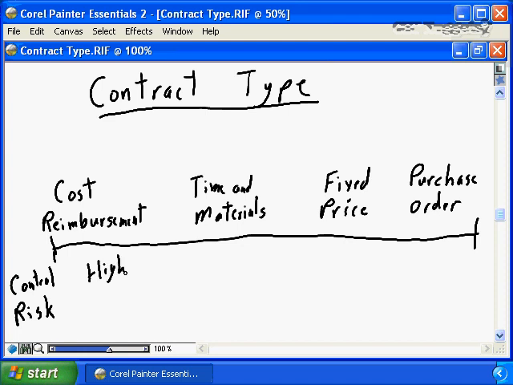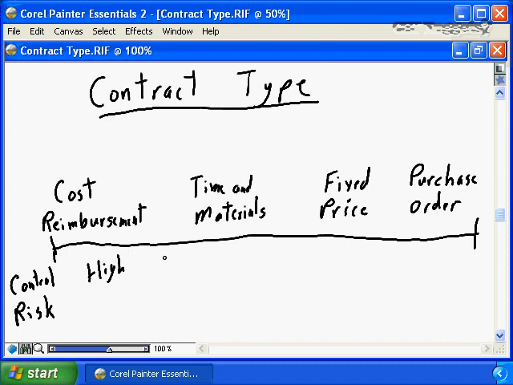the project's viewpoint. With cost reimbursement, you, the project manager, have total control over how many units you buy. You have total control over what the units look like. You have total control over when the units are purchased. Because it's a cost reimbursement, if the seller has to add more product, add more time to each unit produced to satisfy your quality expectations, to satisfy your specific deliverable requirements, they are going to receive full cost reimbursement plus their profitability for that unit. So therefore, they're willing to give you total control over the process because they are able to work within your